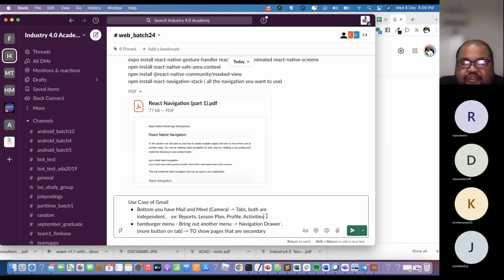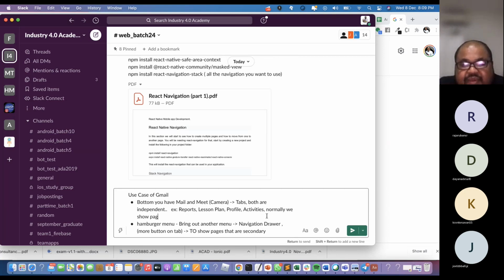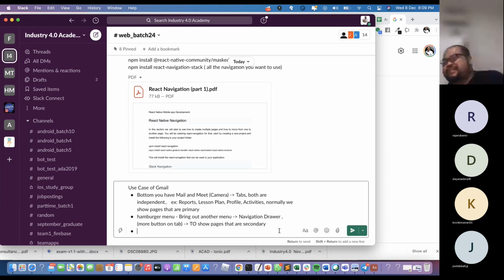Normally this one we do, normally we show pages that are primary. Right. The common ones. What are the most common features of your app? Right, the dan lain-lain, we call it secondary. So now we know on Gmail, dan lain-lain, right,